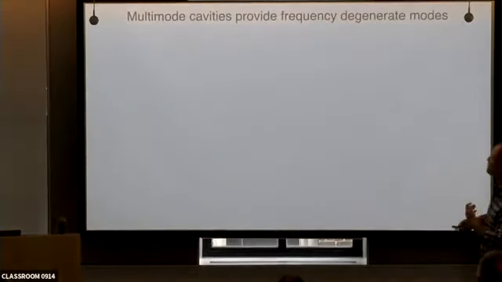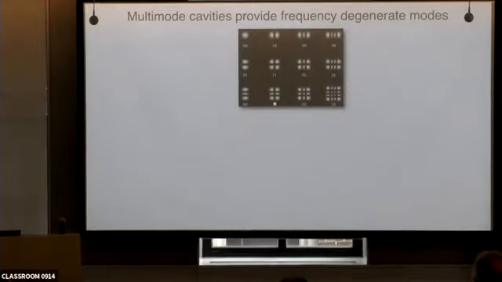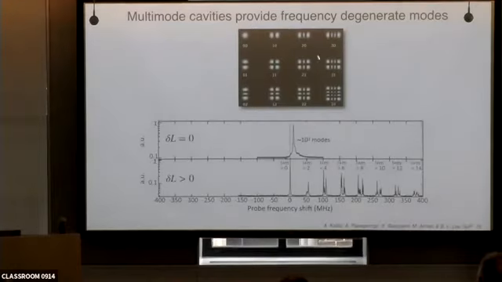Multi-mode cavities provide frequency degenerate modes. These modes that I showed you earlier have different spatial patterns, but if you play your cards right, you can actually have them resonate at exactly the same frequency. If you make a certain cavity geometry where the tuning parameter of the cavity, the length of the cavity, is away from some interesting point, then you can resolve a bunch of modes. That's basically a single mode cavity. But if you hit this geometric condition set by Maxwell's equations, then you can compress all of these into a very small bandwidth and have more than 1,000 modes.